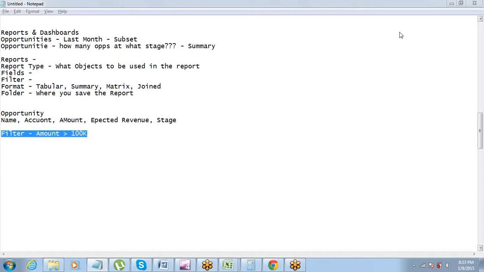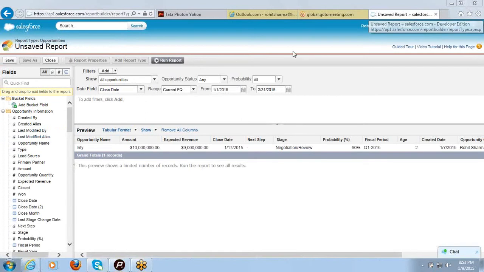I want one of you to share your screen so that we can demonstrate. Rohit, shall I make you the presenter? In case someone is not able to do it, they can follow a demonstration. Okay, Rohit, you are the presenter. So do it on your own, but in case you find any difficulty, you can just quickly look at Rohit's screen. So can you, Rohit, start it from the first?